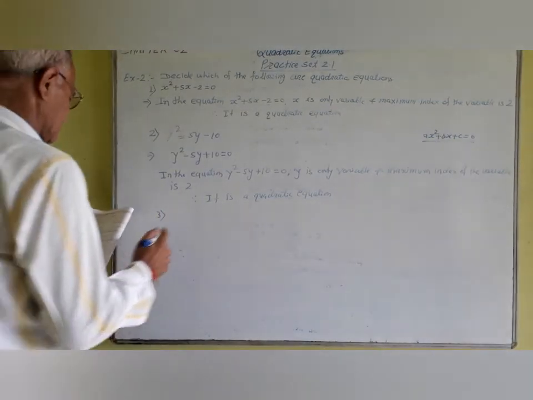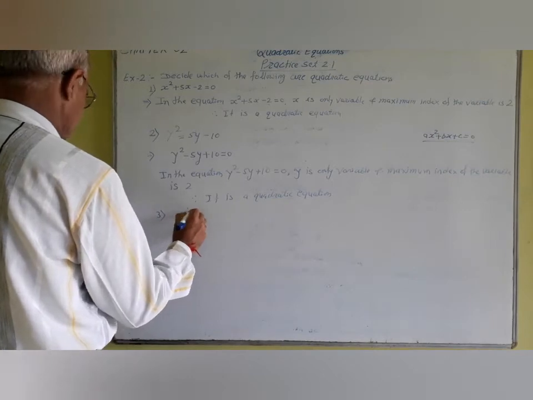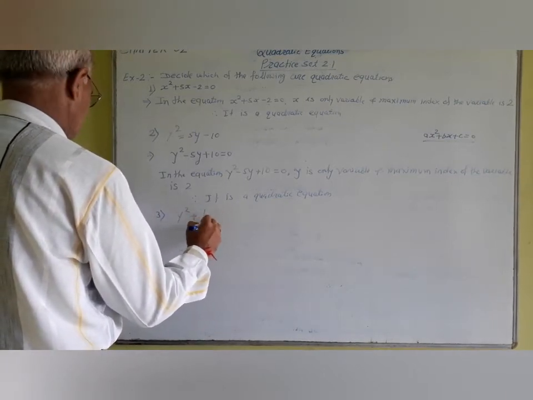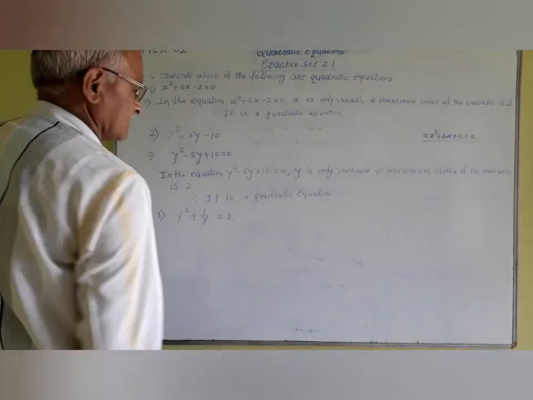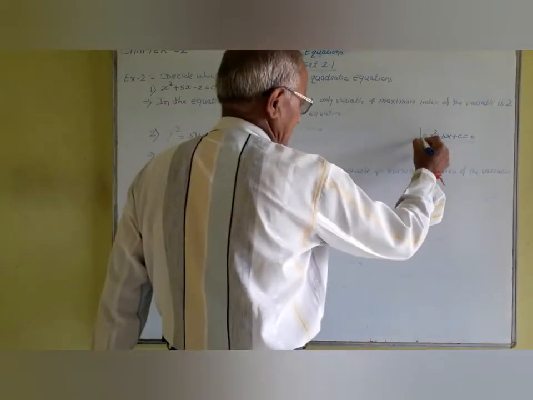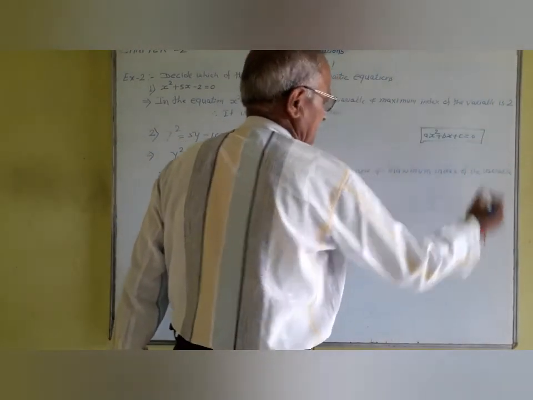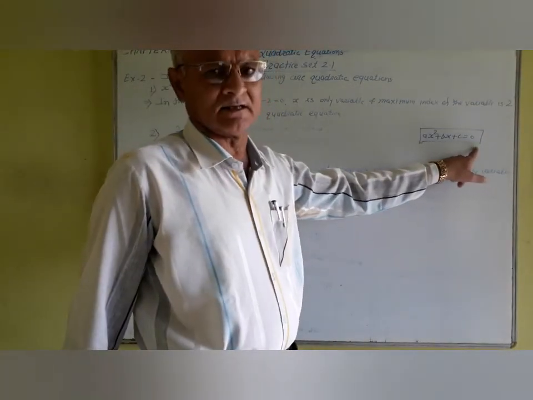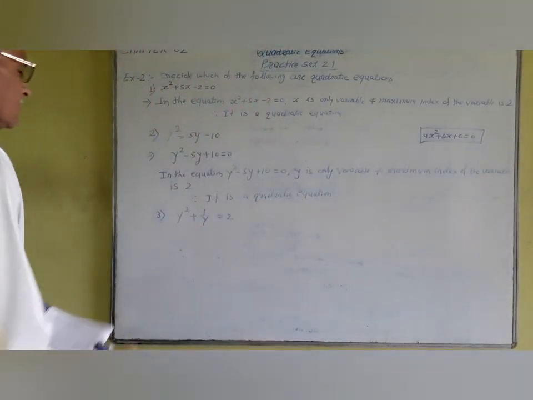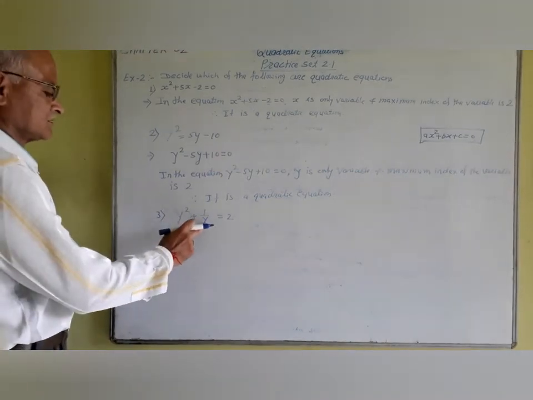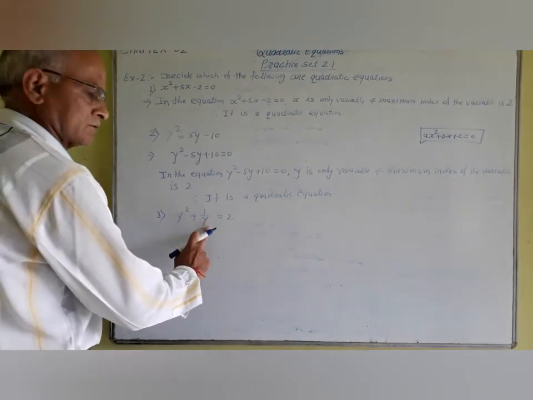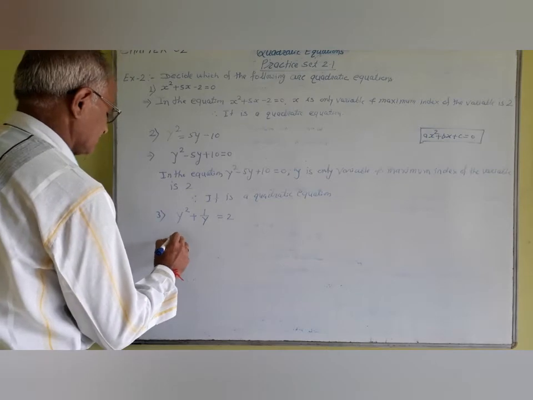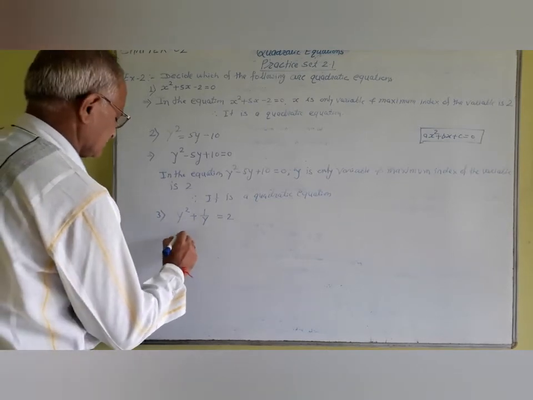Third example: y square plus 1 upon y is equal to 2. You know that the general form of a quadratic equation is ax square plus bx plus c is equal to 0. There is no variable in the denominator, and therefore in this third equation there is a variable y in the denominator. We have to delete it, and for that multiply each term